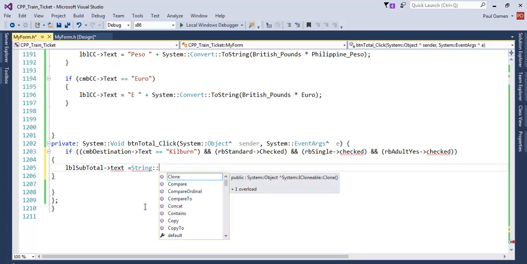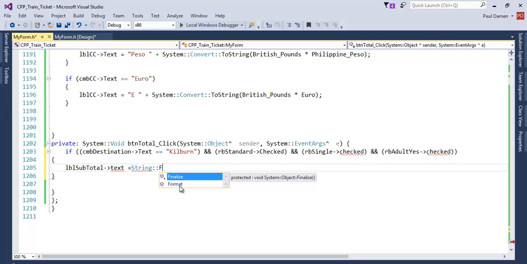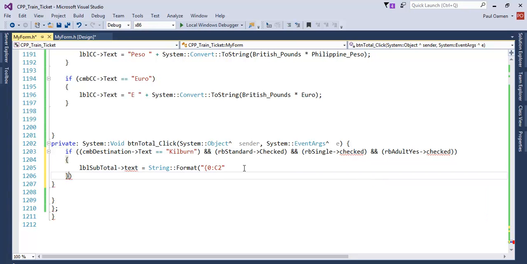Let's format that to format. Let's come in here and use that, and we'll format that to 2 decimal places. That'll be 0, column C, 2. Okay, that will format it into 2 decimal places. Undo that. That's an error there. Undo. Okay, now that's fine. And then speech mark here. We have our speech mark, and we then need